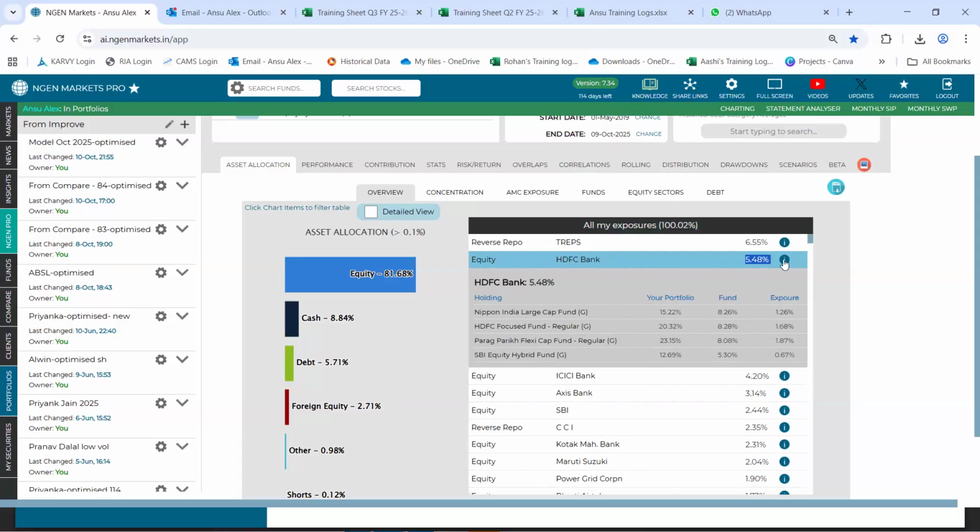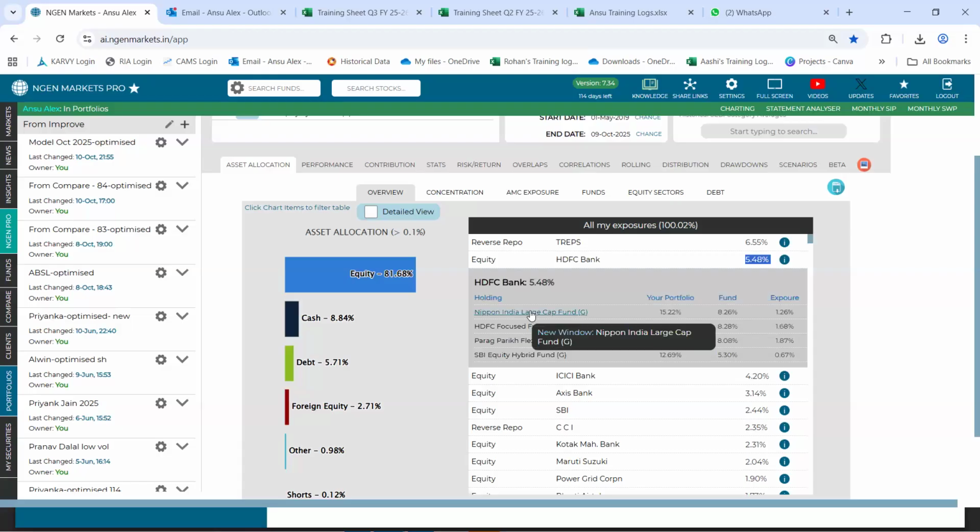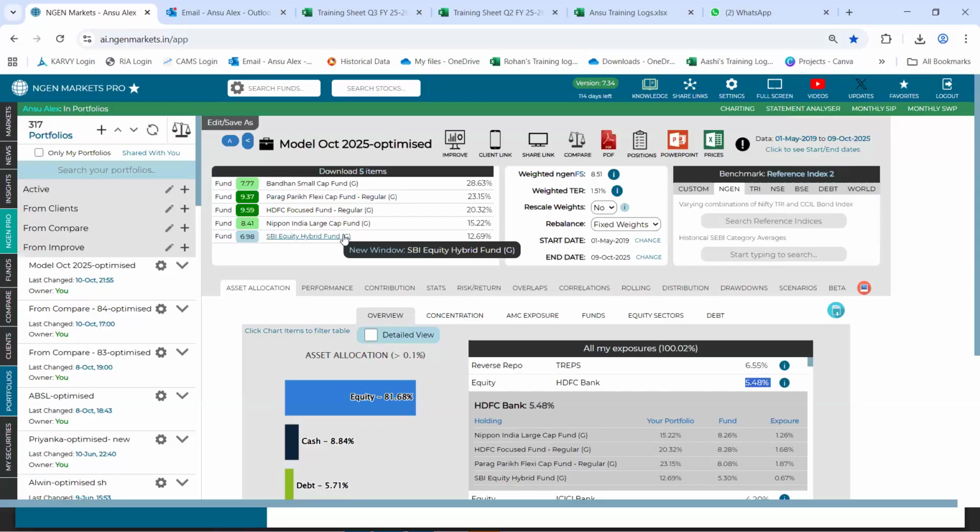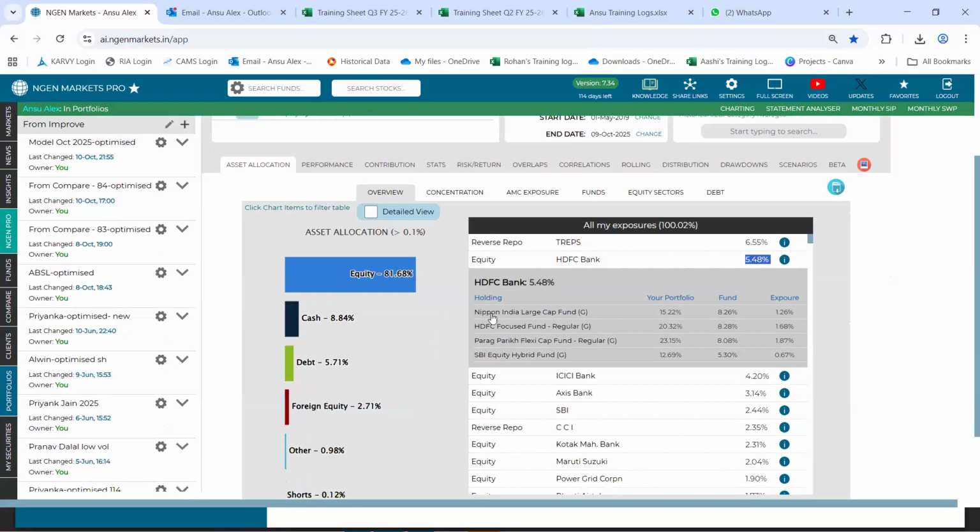You can click on that I button and it gives you an explanation. It says there are 4 funds that form a part of this portfolio, and these 4 funds hold HDFC Bank as a stock in their portfolio. Hence, it is giving an indirect exposure towards the entire portfolio.